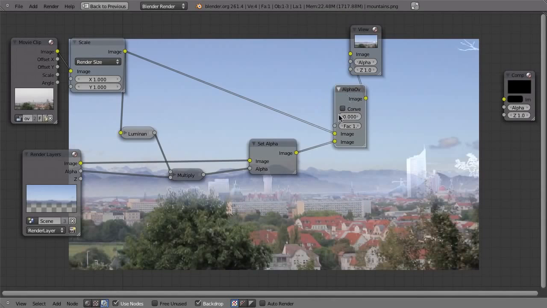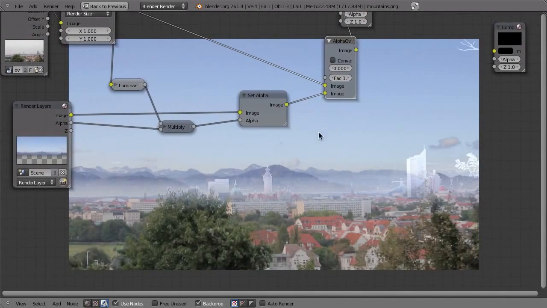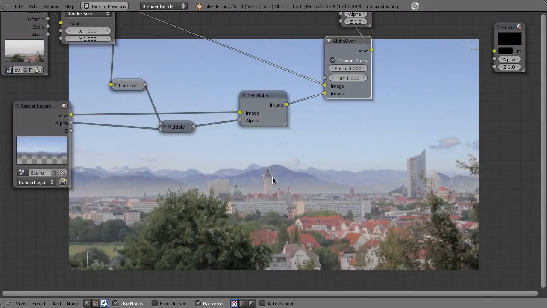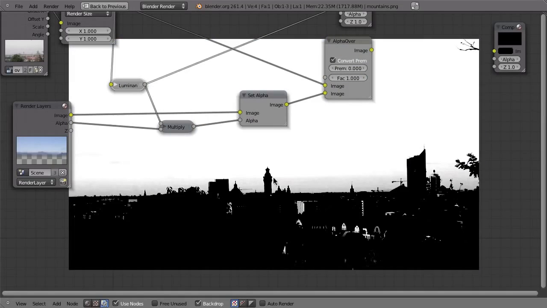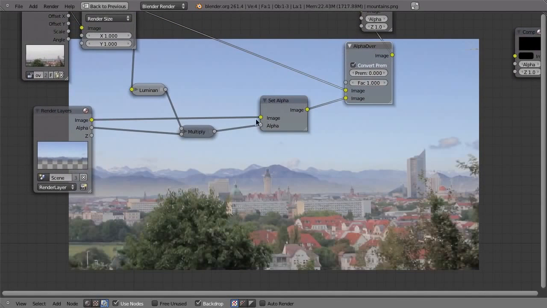And when you look at this in the alpha over node, suddenly it looks kind of weird. But if you now enable this button here, convert pre-multiplied, then it still is not perfect, but at least you have cut out the buildings. So you see this little white line around the buildings. That is something caused by this luminance key. So there are some areas that are not perfect, but you can try to fix that by using the delayed